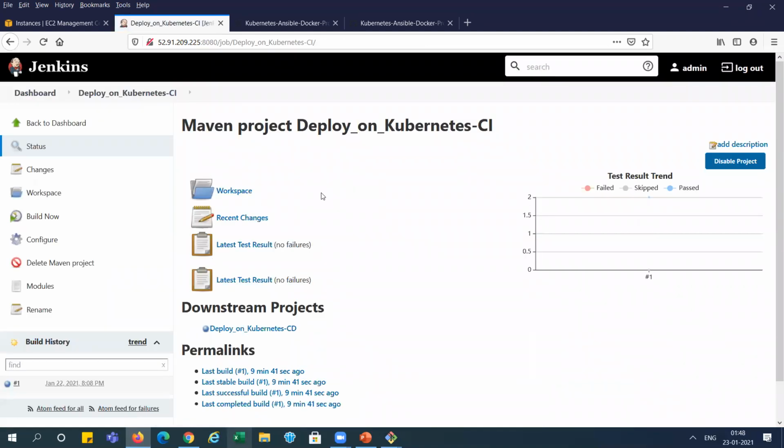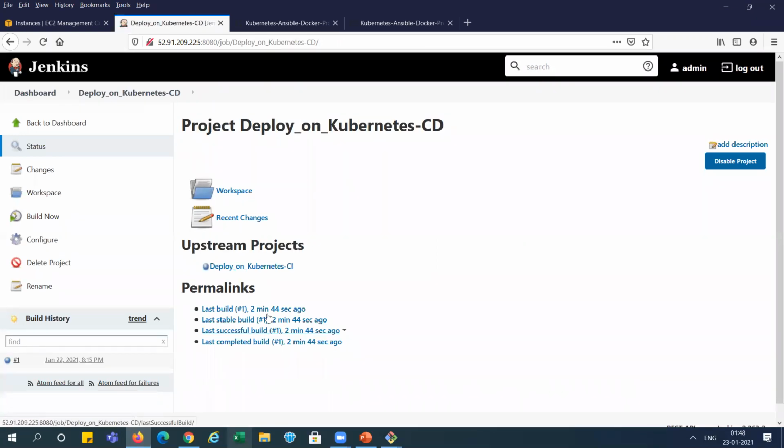Now you can see here, it is showing our downstream project, this CD, and we will click on here. You can see the upstream project will come, CI. It means both projects are linked.